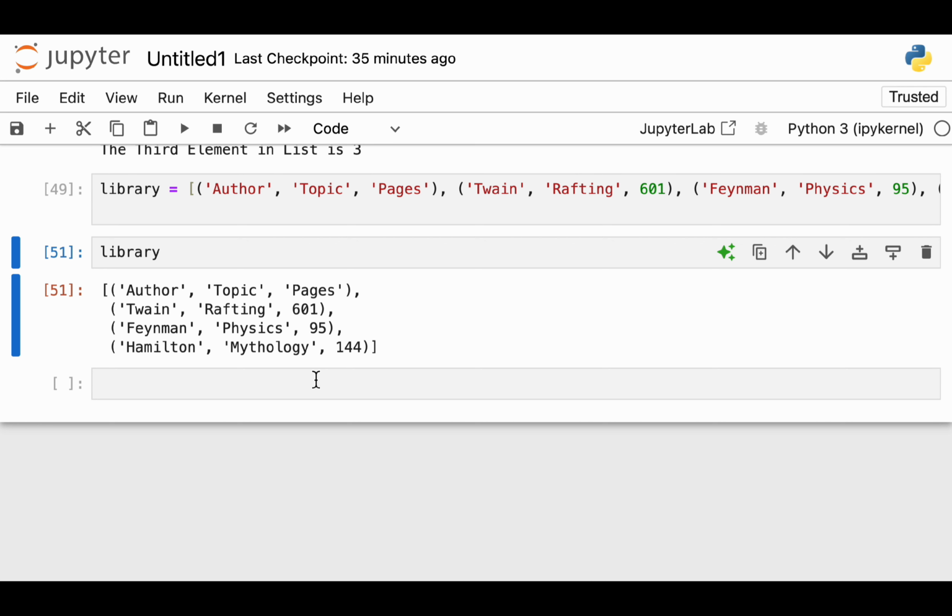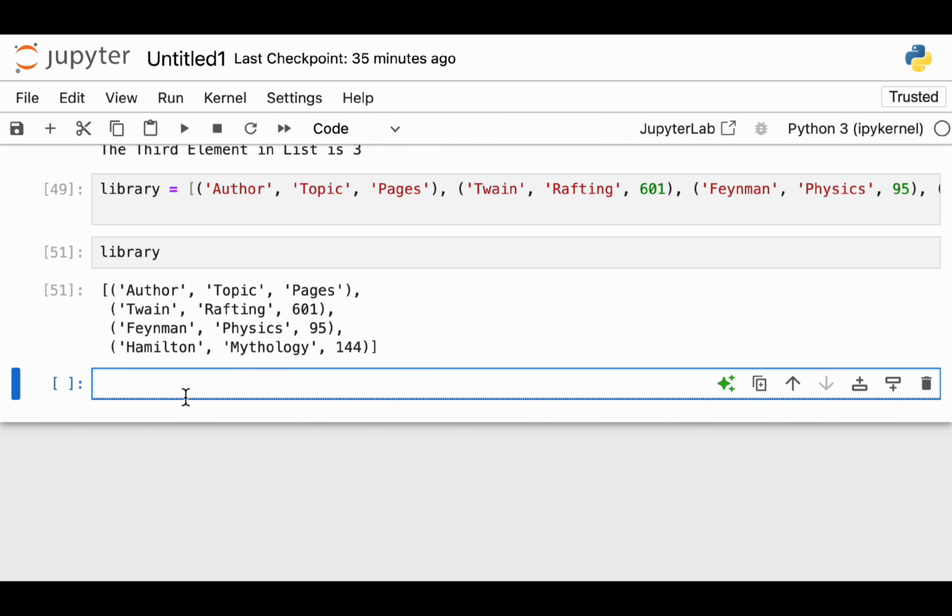So now suppose you actually want to print each of the tuples. So what you will do: for a in library,